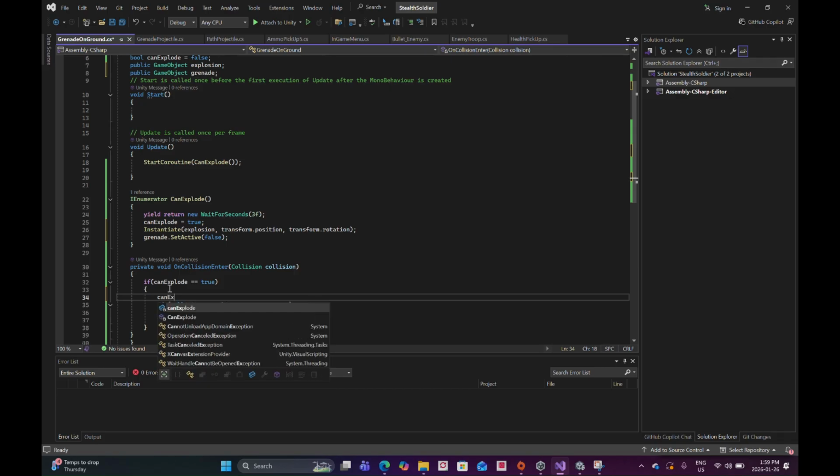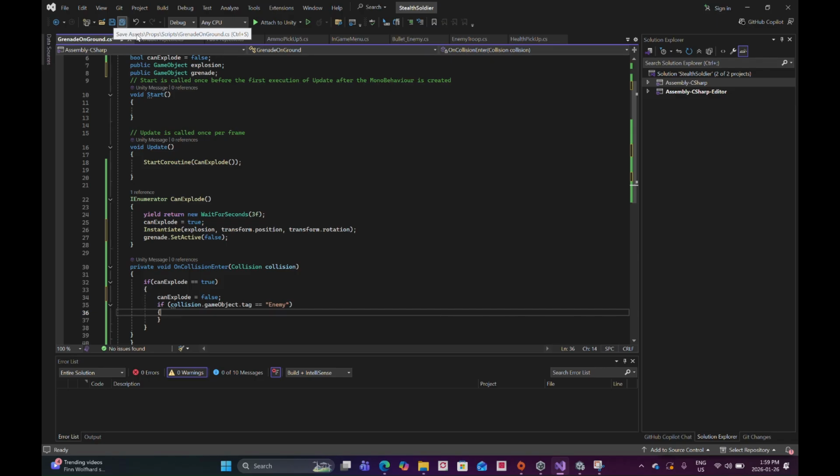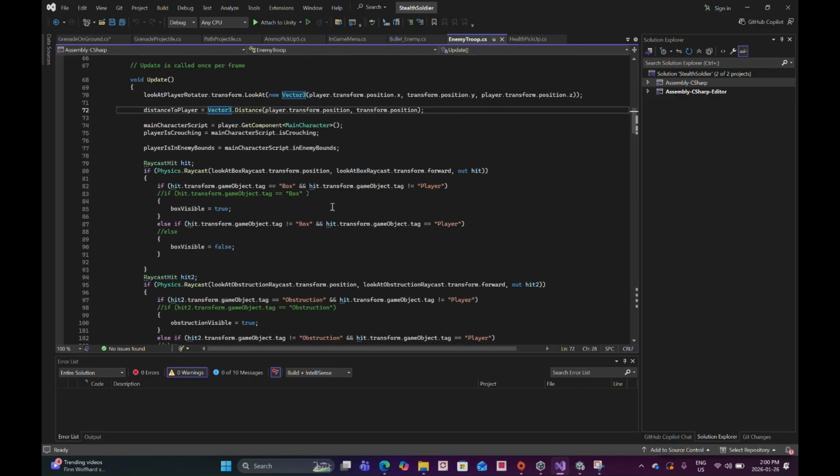Here I'm saying if can explode is set to false, because I want anything in there to be performed once. I don't want it to constantly trigger many times. So I compile it, and then